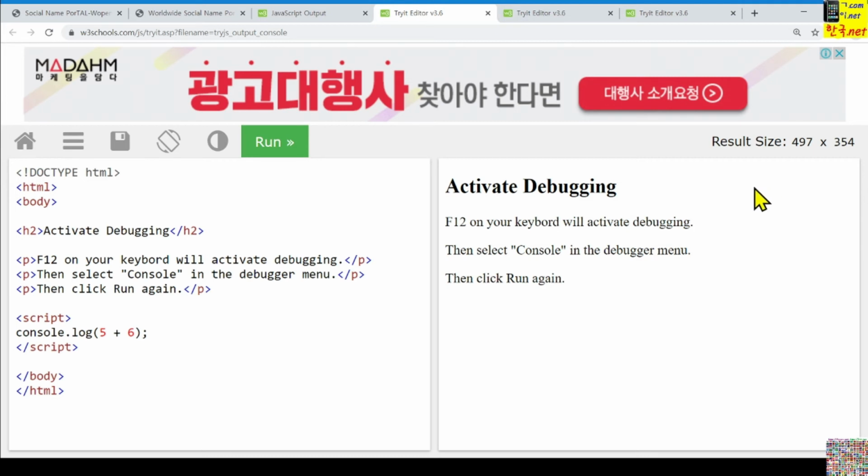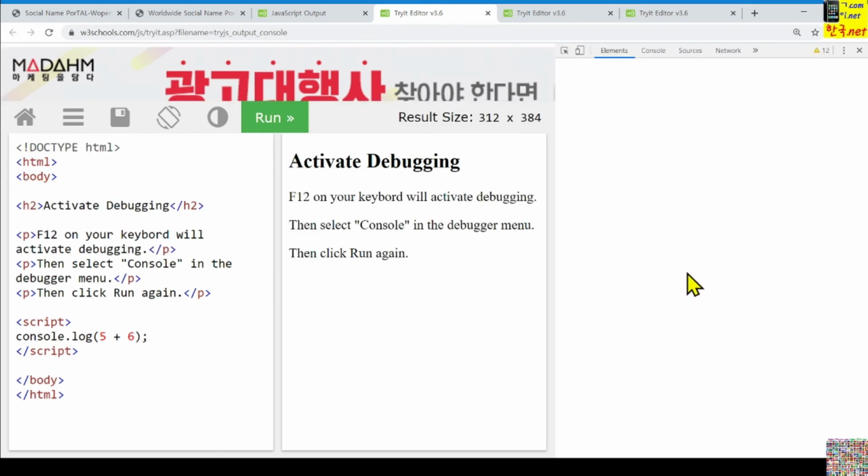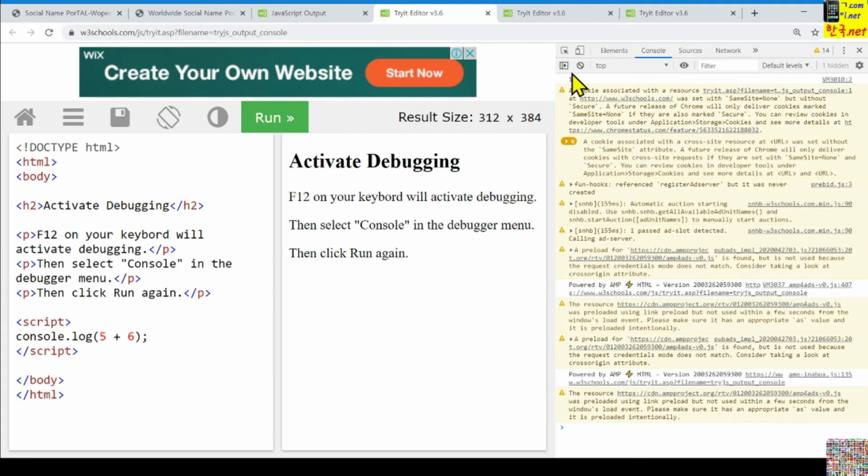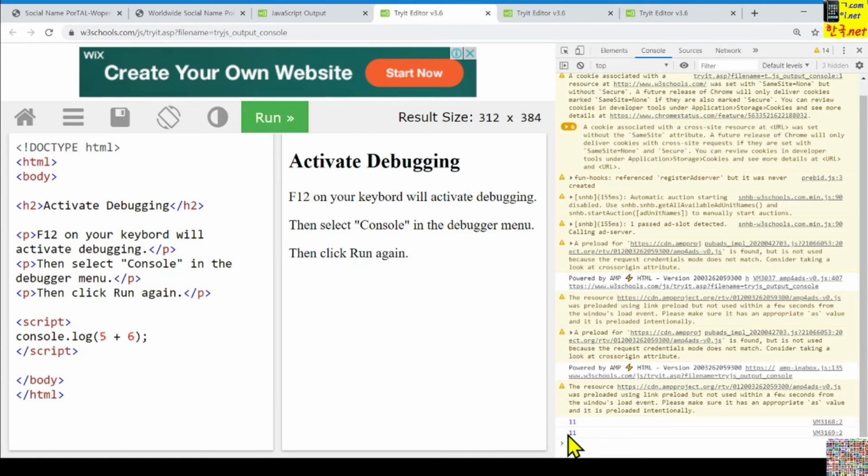More tools and the developer tools. And here you can see the console, and you can see the 11 is shown here. After running, you can see this 11 is here. Okay, if you run again, then you can see the result is here.